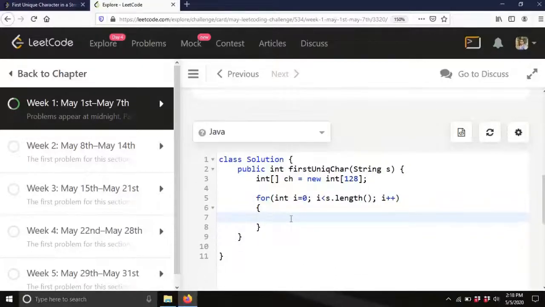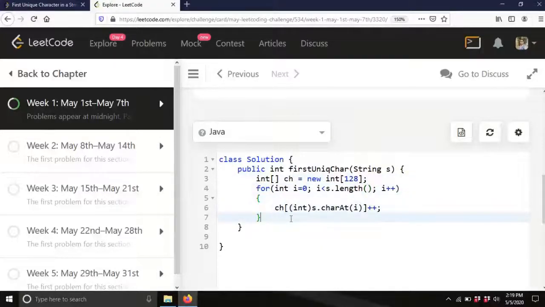Now we will increase the frequency of each and every character encountered in the string, so ch of int s.charAt(i) plus plus. Now we have the frequency of all the characters present in the string.